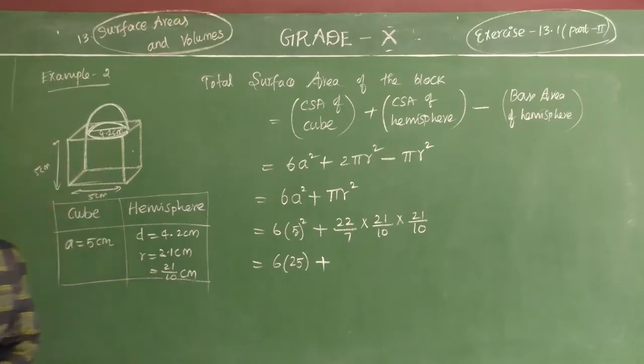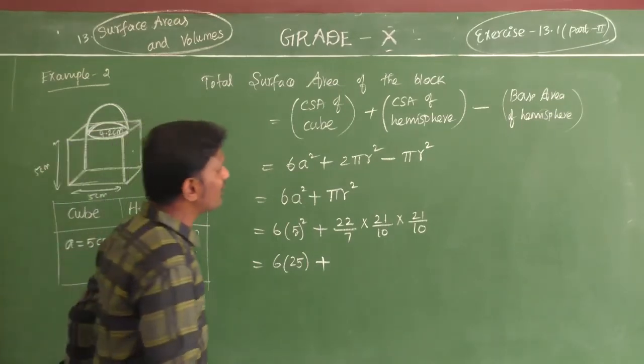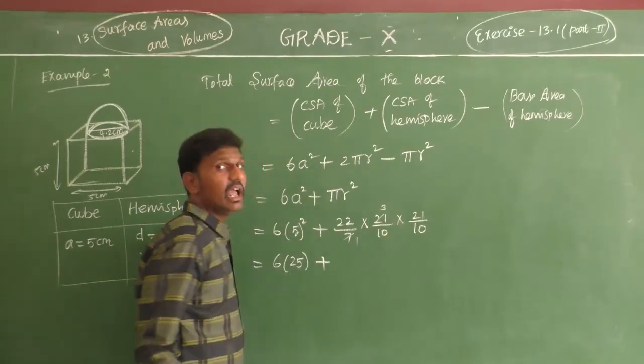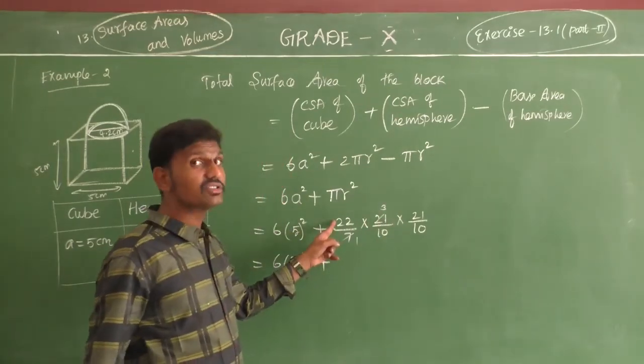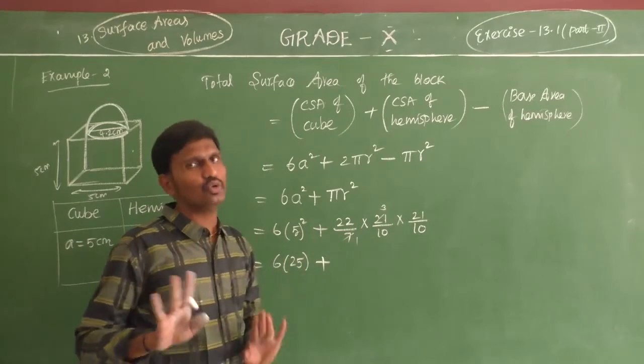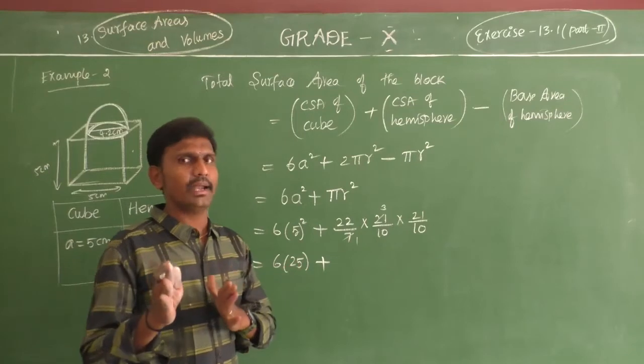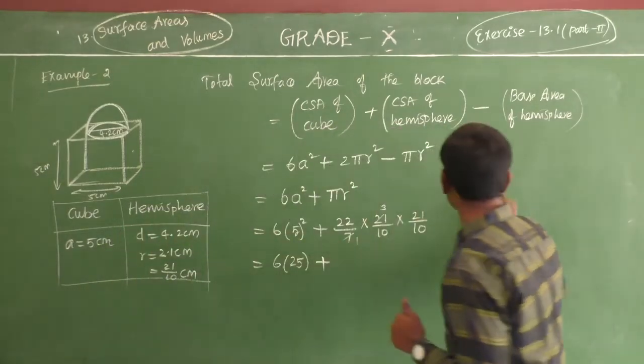5 by 25. Plus, you have 1 7s are 7, 3 7s are 21. And don't cancel here, like 11 2s are 22, 5 2s are 10. Don't do it like this, because the simplification becomes lengthy. So I am giving you the shortcut for this.